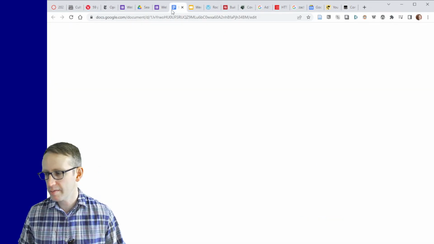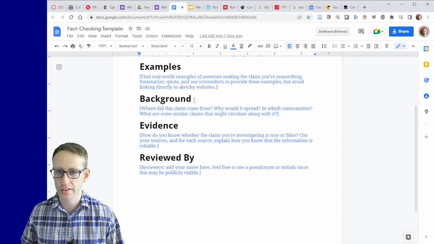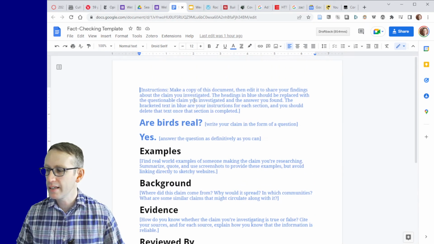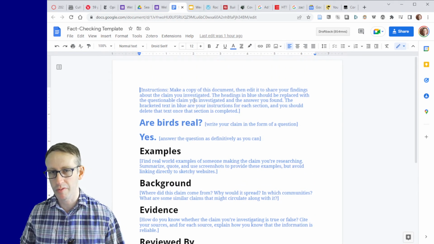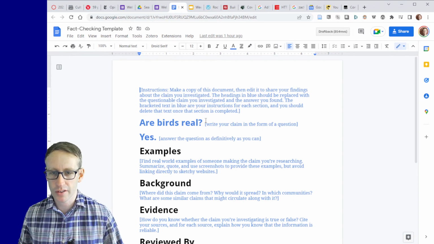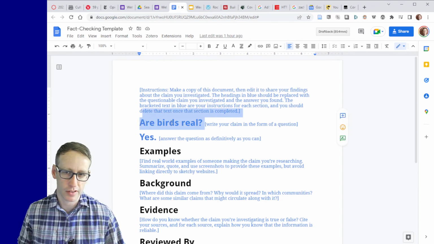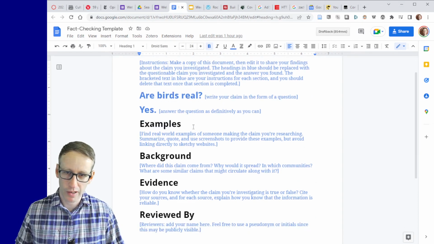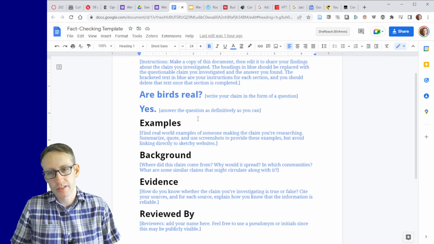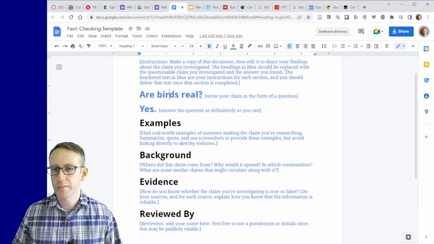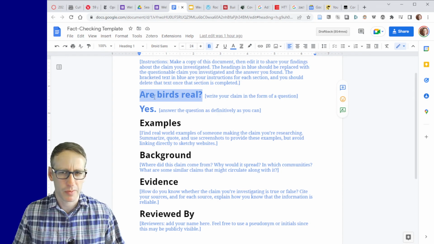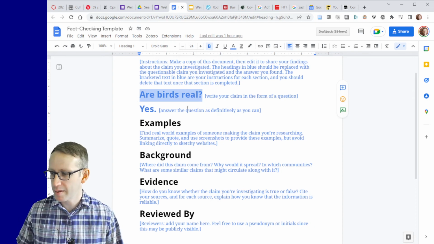And what you'll be discussing about it is actually, I guess I could show you this too. This is something I was going to talk about more tomorrow, but this is the template that you'll be filling in for the report. So this is your claim expressed as a question. In this case, I'm sort of referencing the conspiracy theory you may have heard, which is that birds are not real. I think birds probably are real, but this is a claim that people have made.